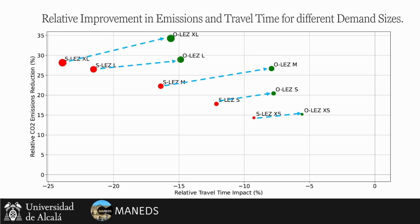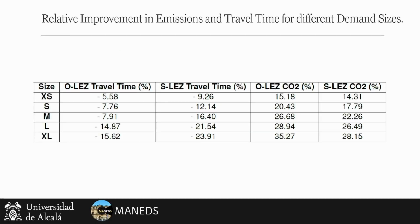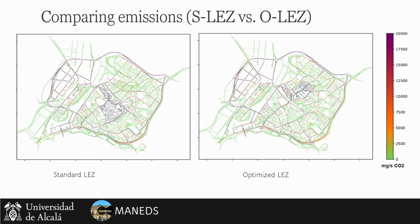But what we can see is that using the optimized model is not only about having less geofencing for the low emission zone, but it is also behaving much better. So we have better emission reduction and we have better travel time impact. So both are impacted, but with the optimized model you're getting better results. So yeah, you've got numbers here, but numbers are just numbers. I prefer the graphic. And how it looks like,